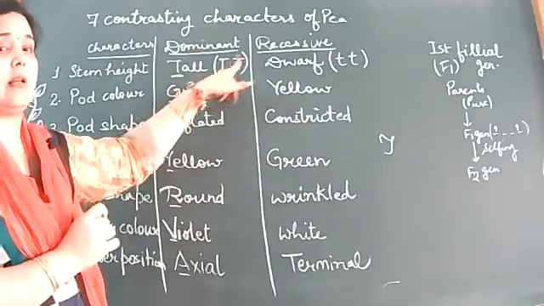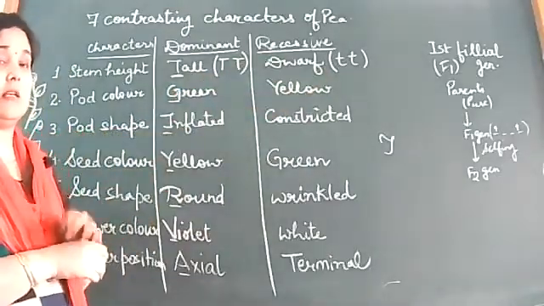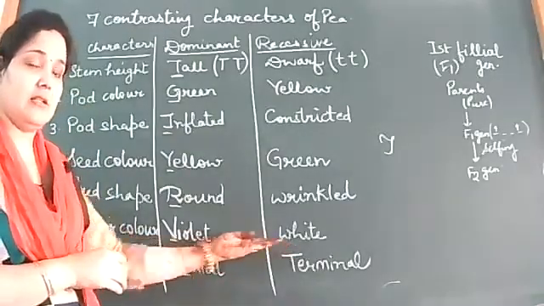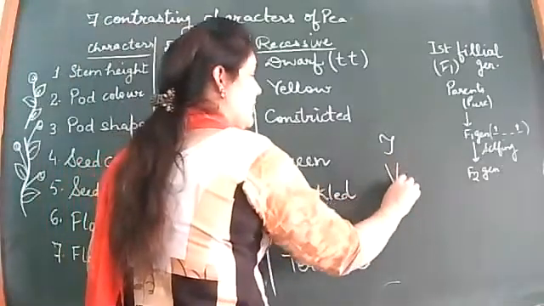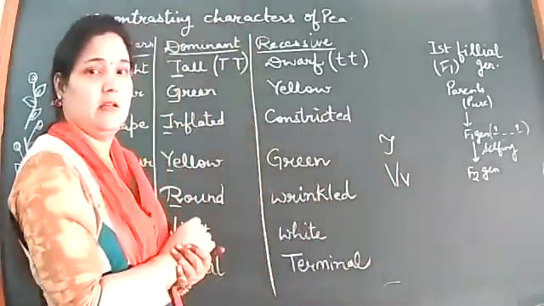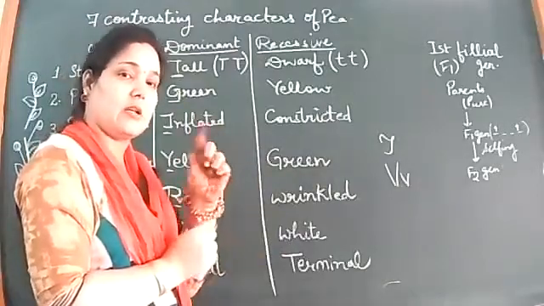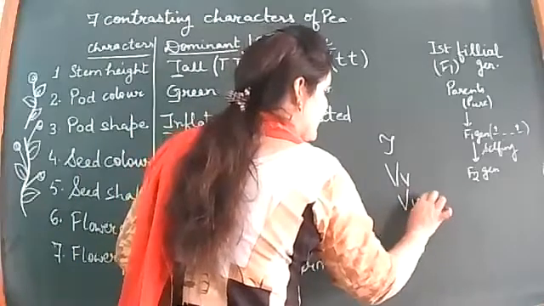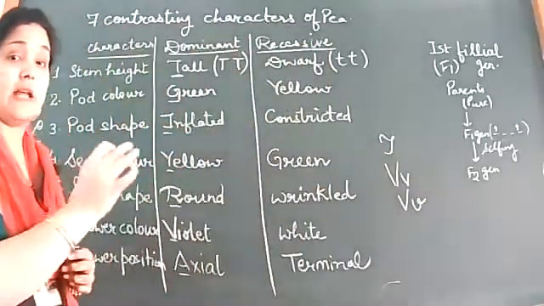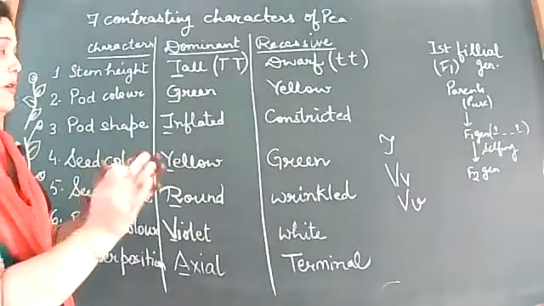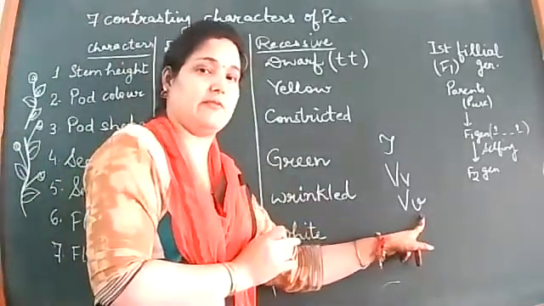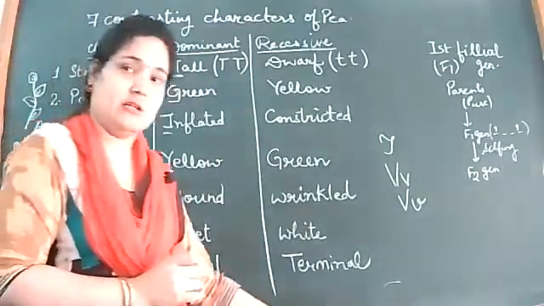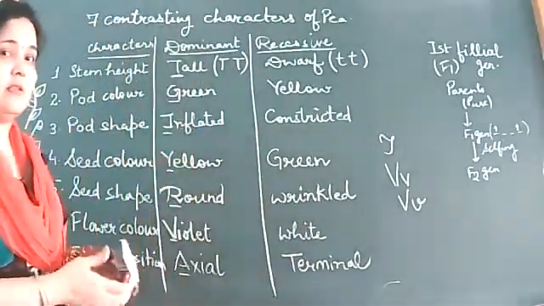Also, when you are writing the capital and small alphabets, differentiate between the two, like for writing violet and white. ठीक है, कई बार बच्चे क्या करते हैं, कैपिटल V भी ऐसे लिखा, स्मॉल v भी ऐसे लिखा, दोनों सेम ही लगते हैं. सिर्फ हाइट में छोटा कर देना is not a small alphabet. So you have to write it with a cursive v as a small v, so that it can be clearly visible that you are talking about a small alphabet, a recessive feature, or you are talking about a capital alphabet, a dominating feature.